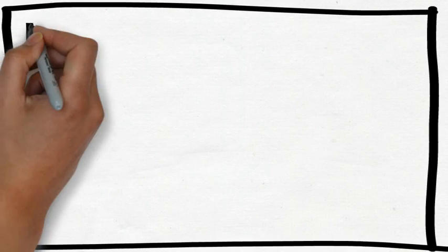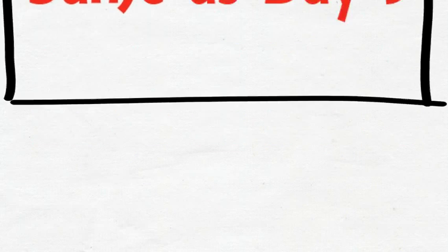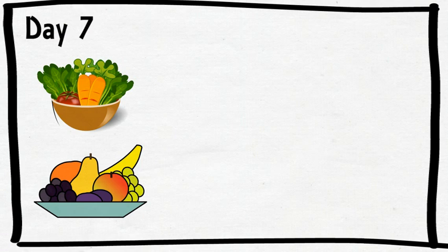Moving on to day 6, it is similar to day 5. And you can eat the same food as you had on day 5. So coming to the last day, that is the 7th day. On this day, you continue to eat vegetables and fruits of your choice along with a cup of brown rice